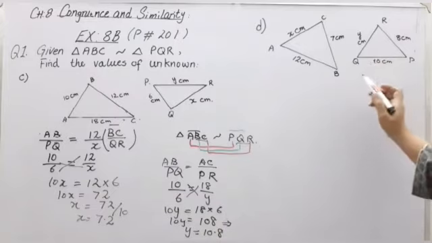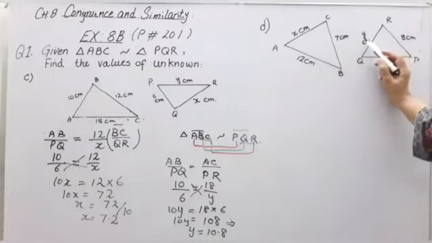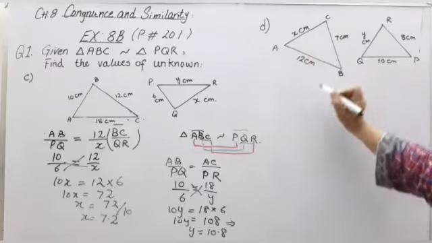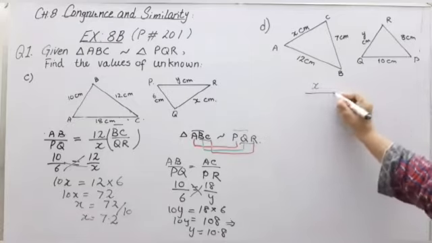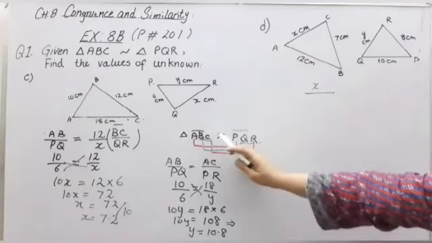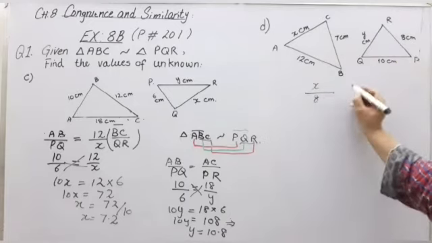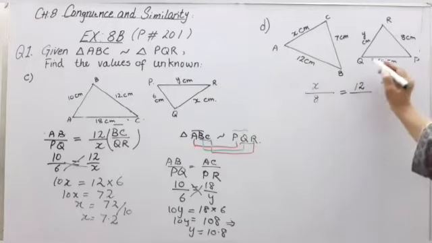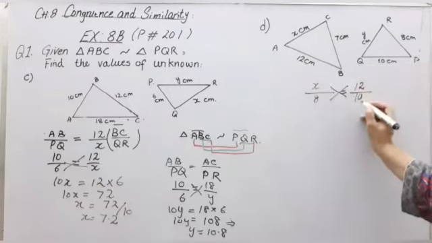In this question part D, there are also two unknowns. One is in this triangle and one unknown Y is in this triangle. So we solve the first unknown first. If I write AC is X centimeters, what does AC correspond to? A and C correspond to P and R. We know P and R are the same. So X divided by 8 is equal to AB, 12 centimeters, over PQ. QP or PQ is the same, 10 centimeters. Now we cross multiply it.